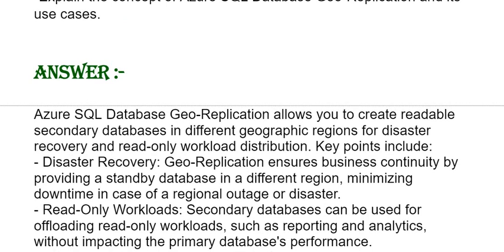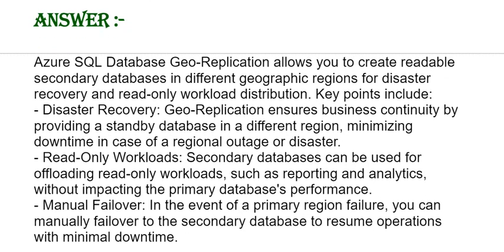disaster. Second one is read-only workloads. Secondary databases can be used for offloading read-only workloads such as reporting and analytics without impacting the primary database performance. The third one is manual failover. In the event of a primary region failure, you can manually fail over to the secondary database to resume operations